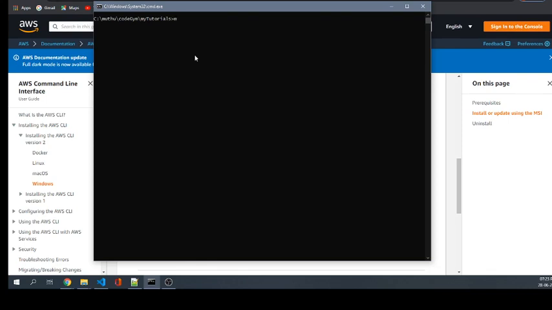Let us create a directory. First SLS. So I get into the directory, and here I will use AWS CLI and